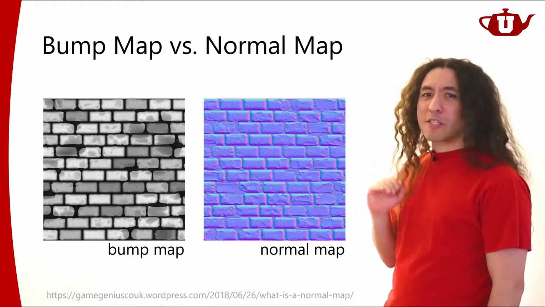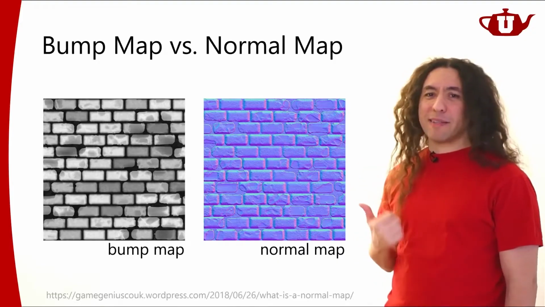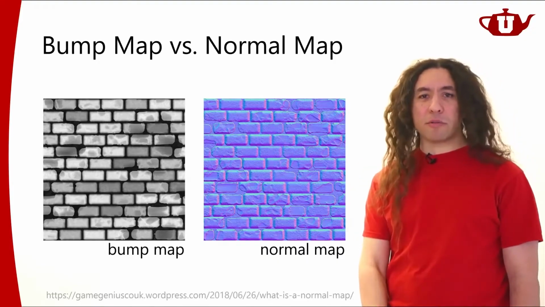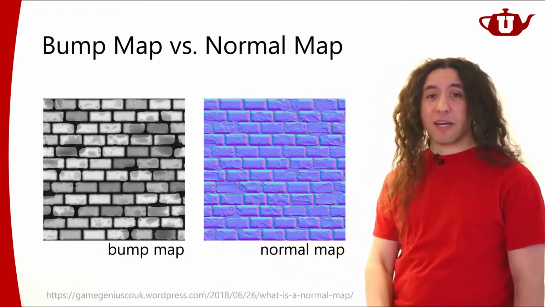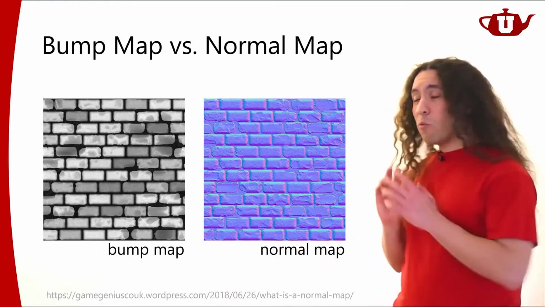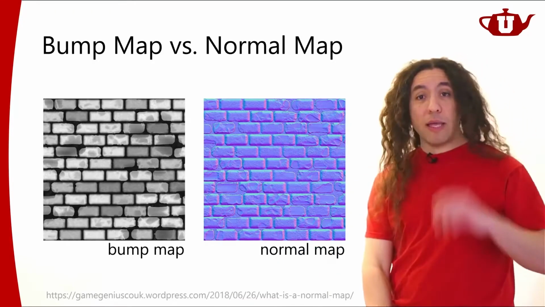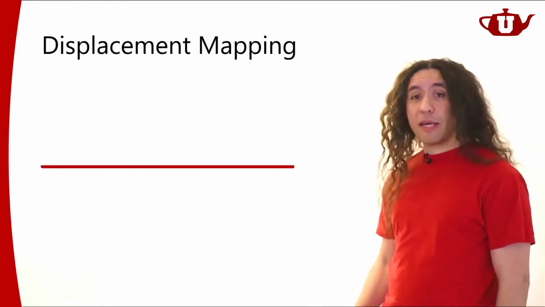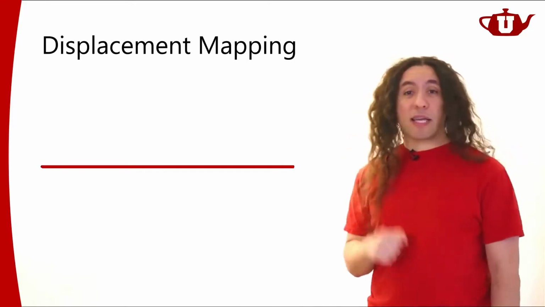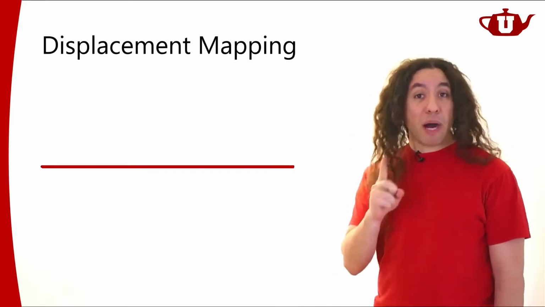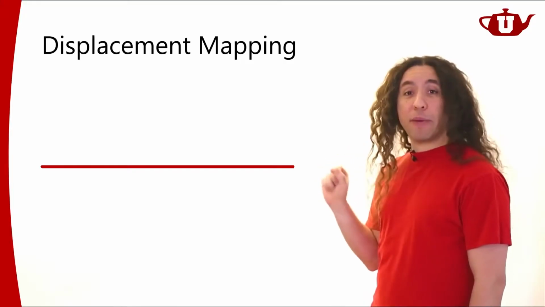This illusion works from certain distances, from certain angles, but from some angles, this is not really going to hold, especially if the deformation, the height variation is large enough. This is not going to hold. So if I want to actually get the geometric detail, the method that I can use is what's called displacement mapping. The idea with displacement mapping is, again, use some sort of a texture map, but actually generate the geometric deformation.